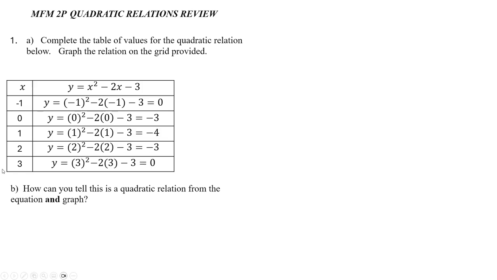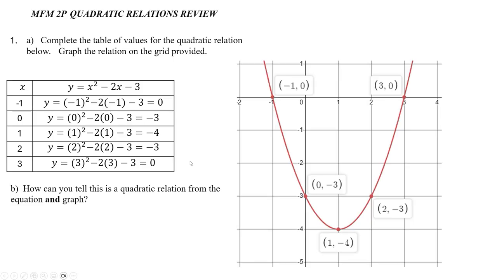As we do that, we get a y value for each one. So now we have a coordinate pair. When we plot these on the graph, our coordinates look like this. And then in question B, we're asked, how can you tell this is a quadratic equation from the equation and